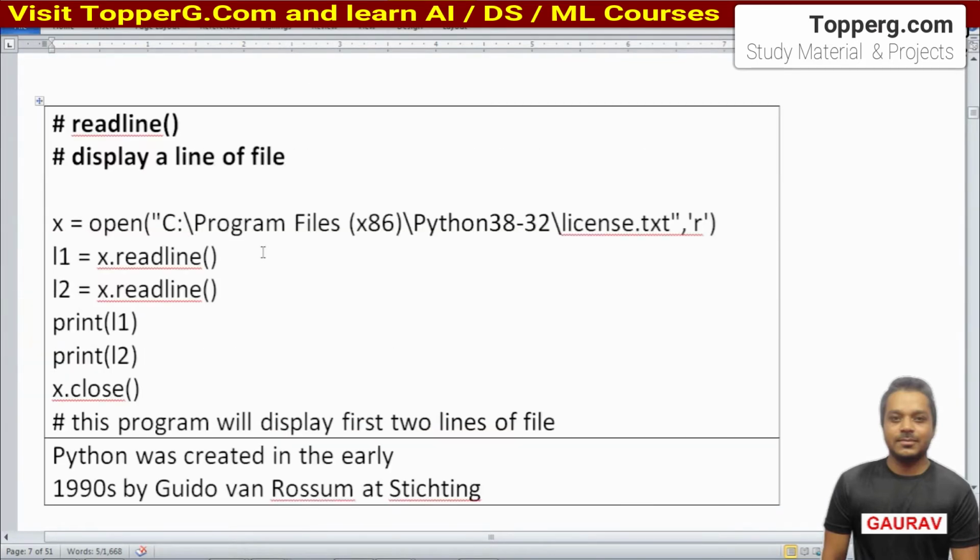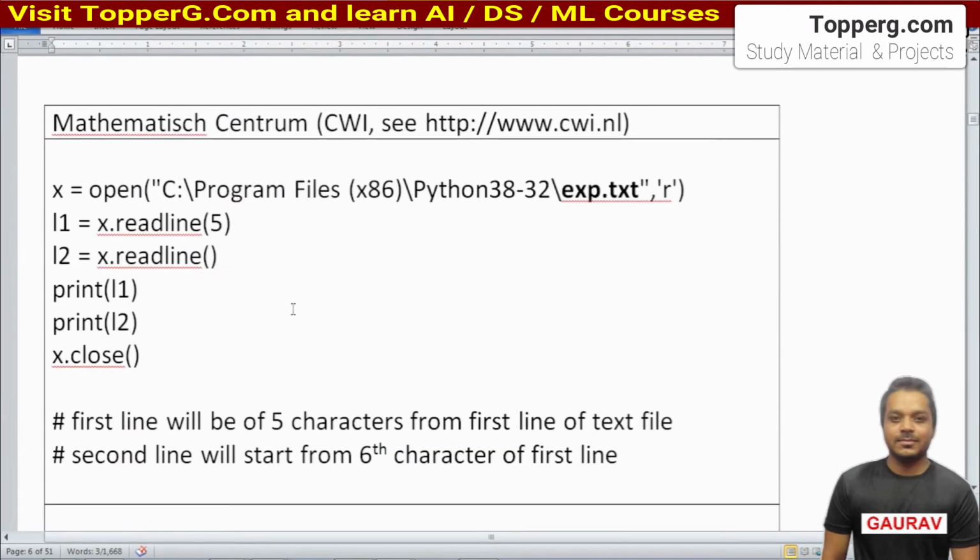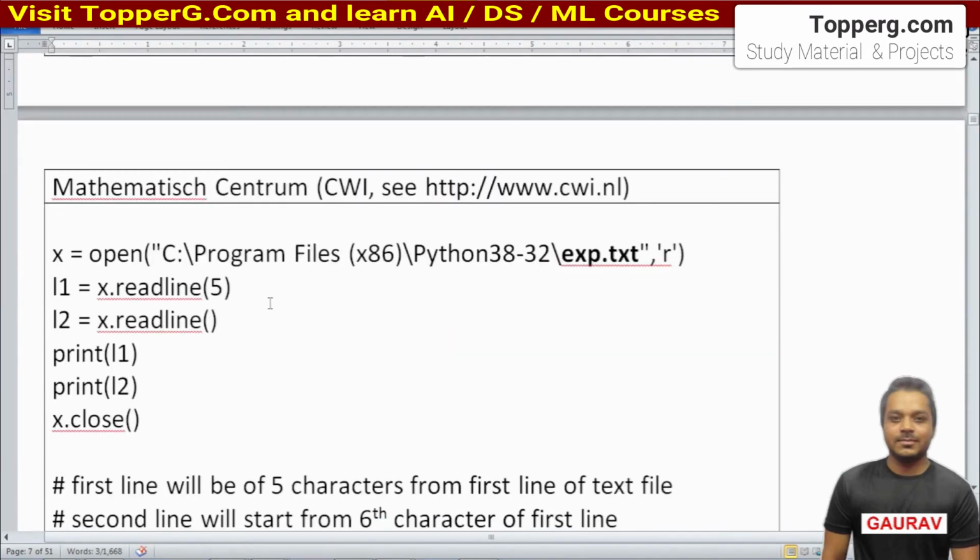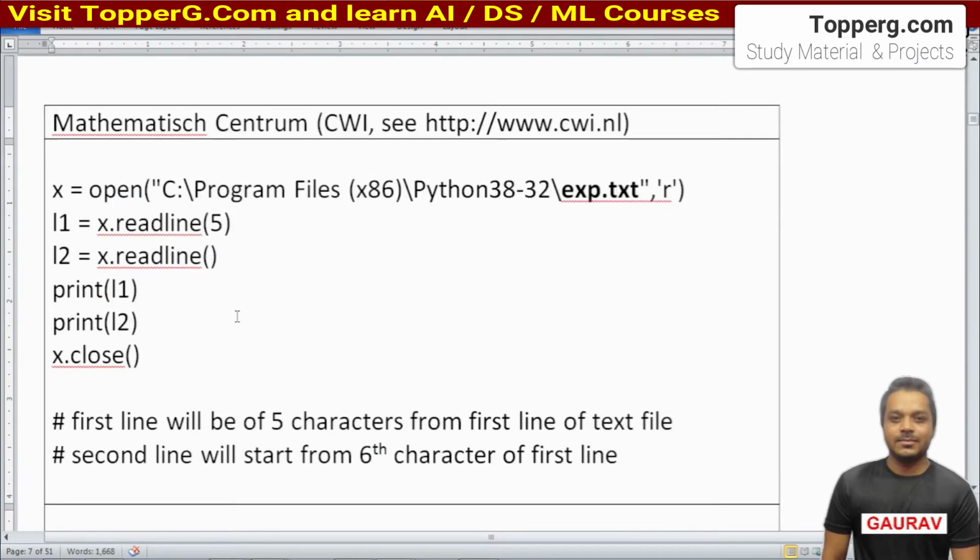In the general case, L2 was getting the second line and L3 the third line. But if I provide an integer number in a readline function, then the upcoming readline function will get the next characters of the same line.